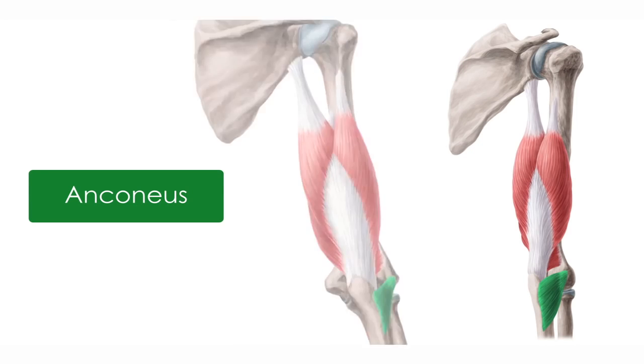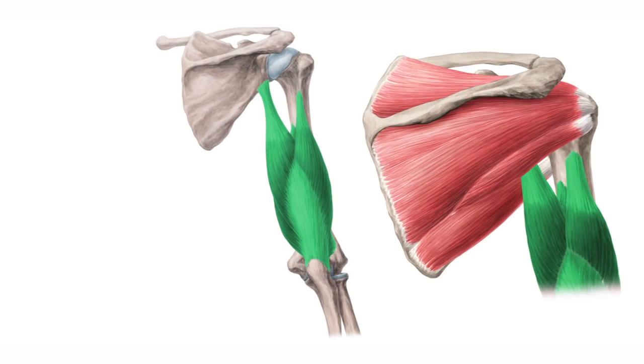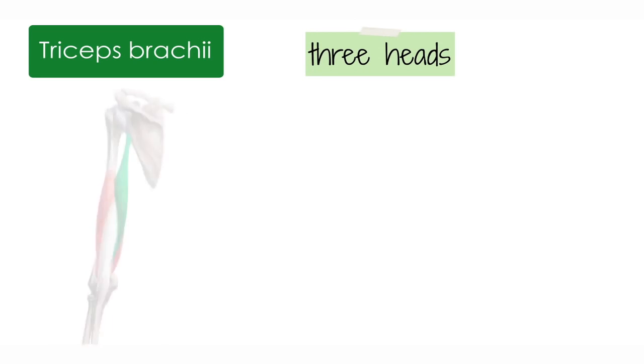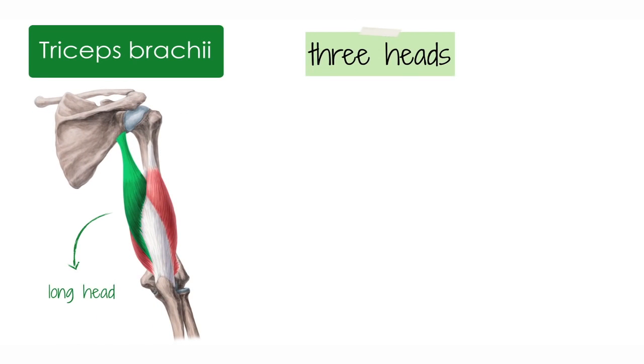Now, the second muscle in the dorsal group is this muscle here that defines the dorsal portion of your upper arm. A lot of people go to the gym to work on this muscle, and as you probably guessed, this is the triceps brachii. Now, as the name indicates, and as we've seen on the biceps brachii, the triceps brachii has three heads. The first one is seen here, highlighted in green. This is known as the long head, and the long head originates right about here on the infraglenoid tubercle of